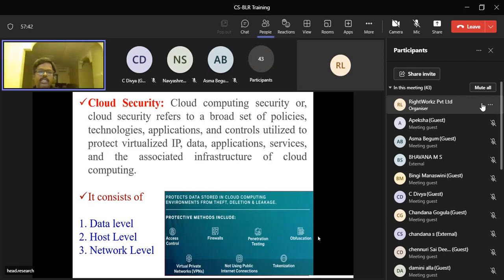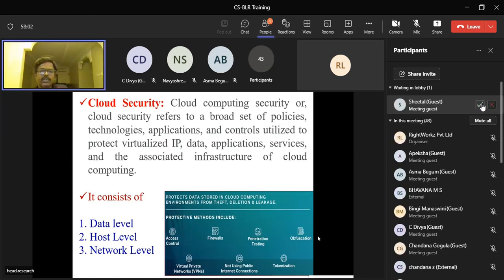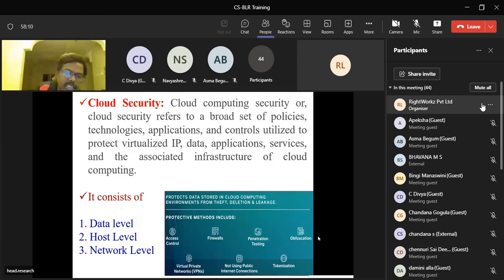You can see the various kinds of levels: data level, host level, network level. It protects data stored in cloud computing environments from theft, detection and